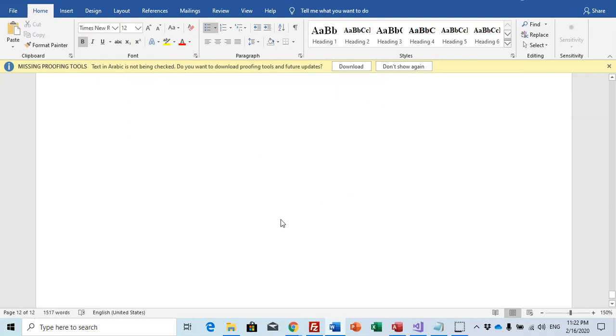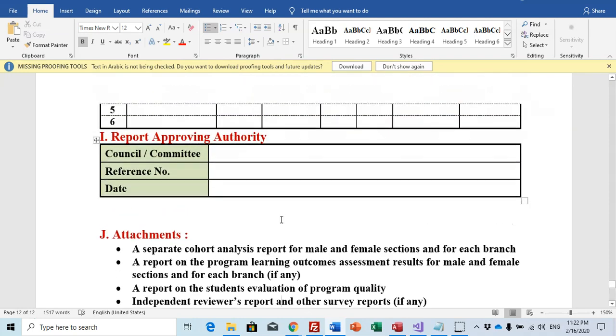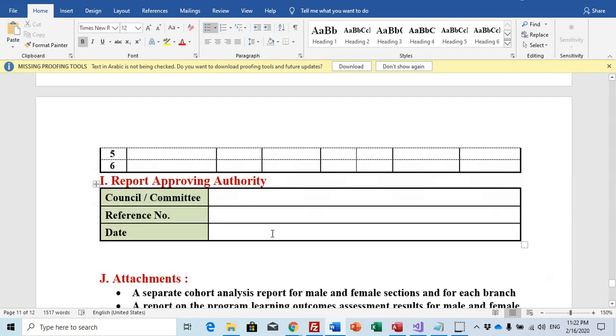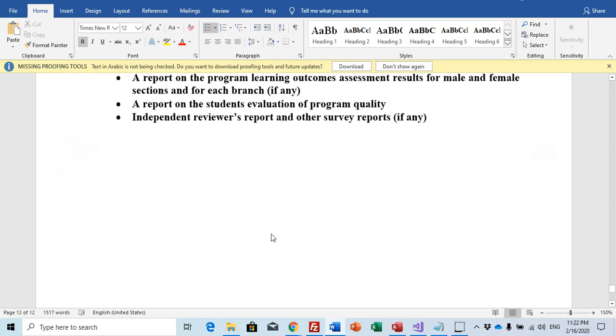So this is what I wanted to explain to you. You have to prepare yourself: prepare data, prepare reports, course reports, program specification, and results of surveys for students, for faculty members, and for others, and be ready to fill this in, and of course statistical data from trusted sources.